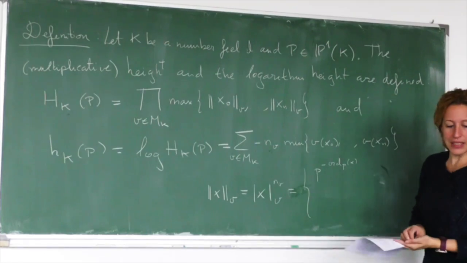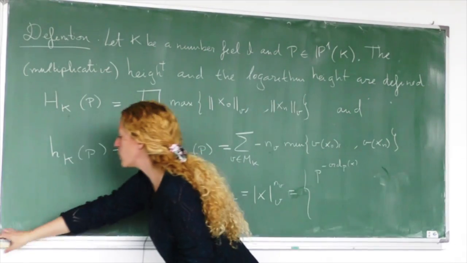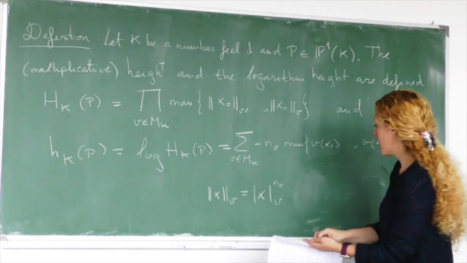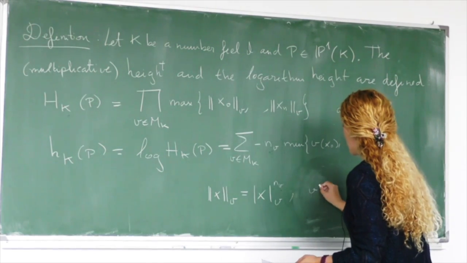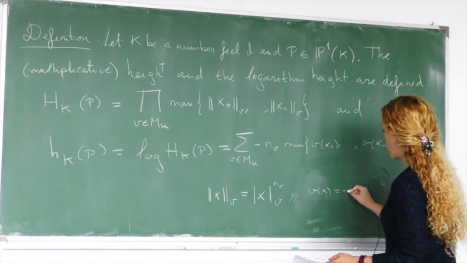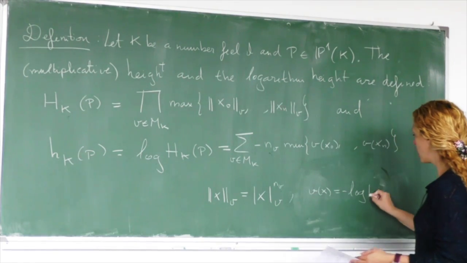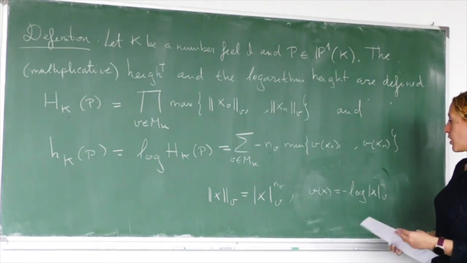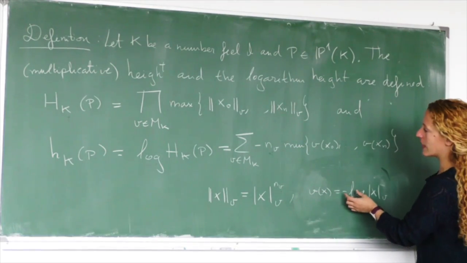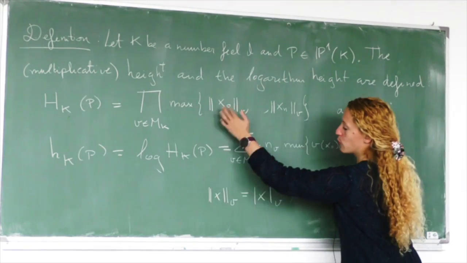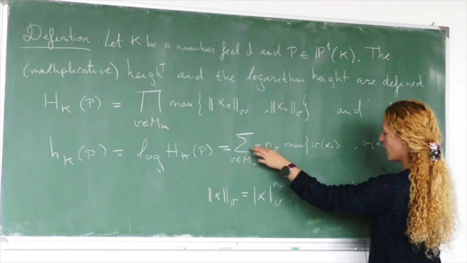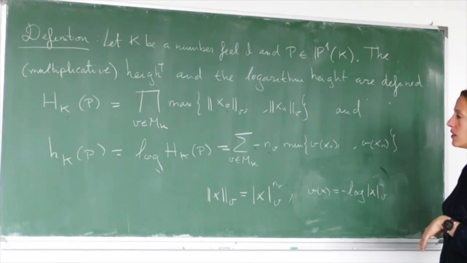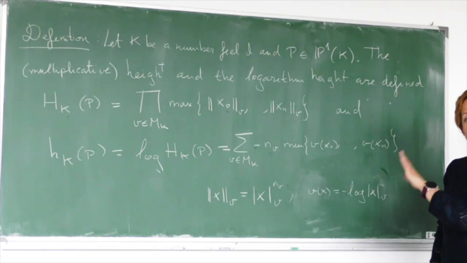Or, if you want, it's easier if I write it the other way around, actually. That we defined b of x equal to minus the logarithm of this. Right? So this minus logarithm is the one that appears, with the norm here, the exponent goes down, and this minus is this minus. So this is just a different way of rewriting it. Okay, very well. So this is the definition.